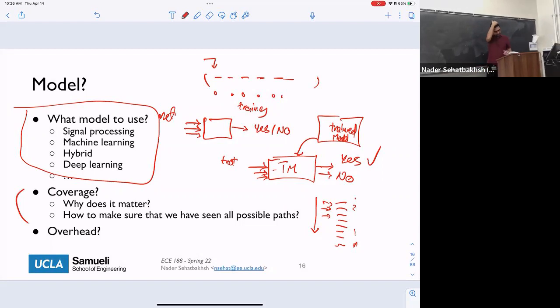And then somebody asked about the overhead. You continuously run this thing with your system, and of course this has multiple overheads. One is the storage overhead, because this model has to be stored somewhere. If it's a big model, you have to store it somewhere, so there is an area overhead associated with this. The second is performance overhead, because this has to run with your system.